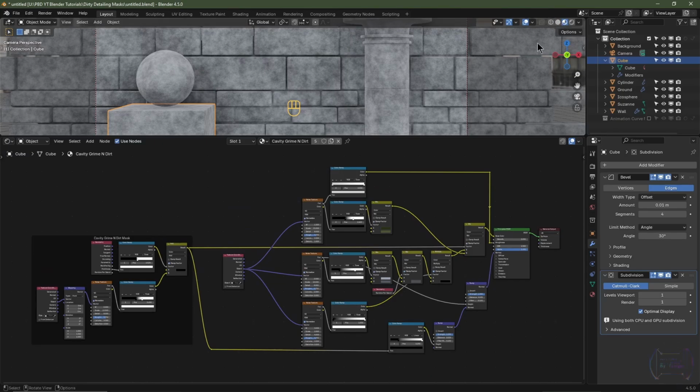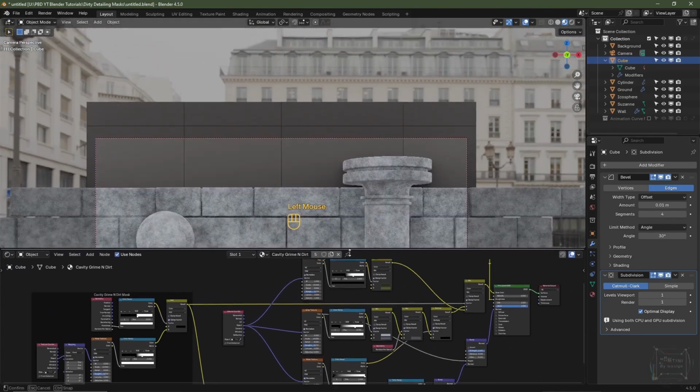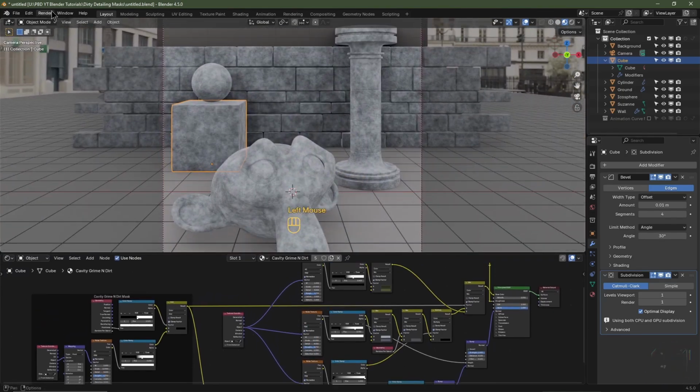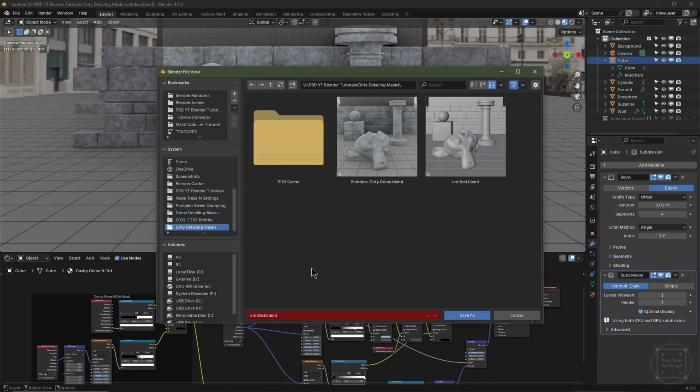So I'm in material preview mode. I'm just going to reduce my shader editor window a minute. I'll then navigate to File, Save As, and I'm going to save my project as